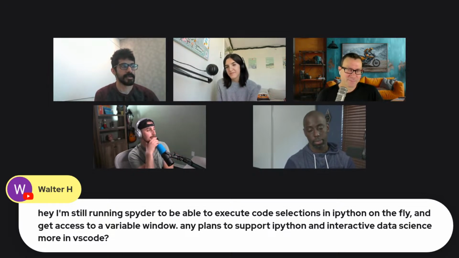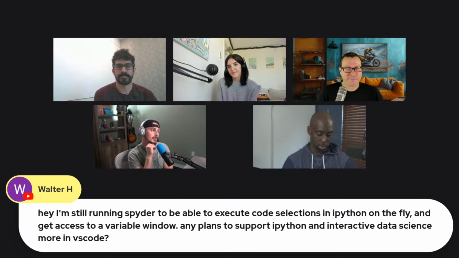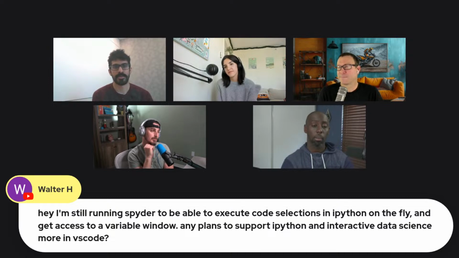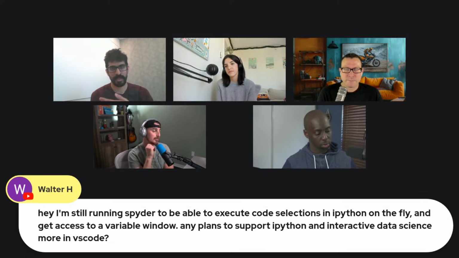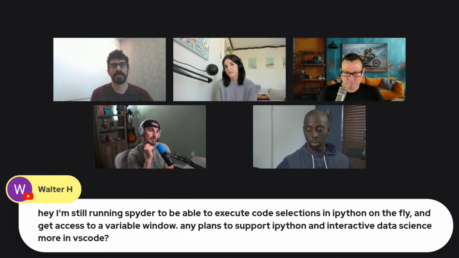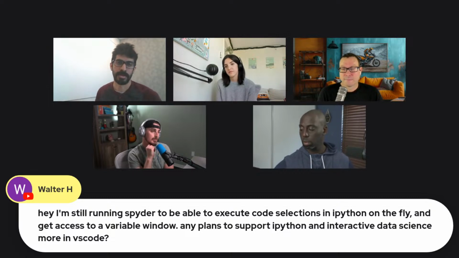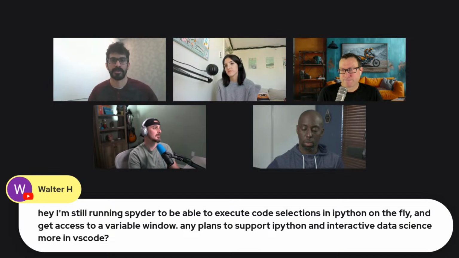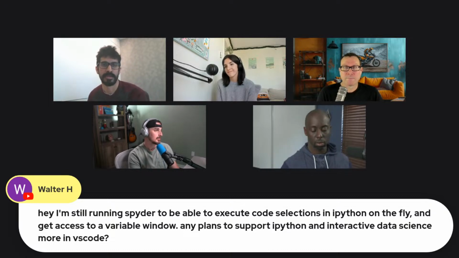Yeah, so we are working on a lightweight interactive window experience where you can just send text from your file into the interactive window and start having it execute your code, and you can type in there and you can get some completion in that input window as well. And then we are still working on it, but you'll also get a variable viewer that you can look at the current state of your environment. All right. Awesome. Yeah, cool. Thanks.